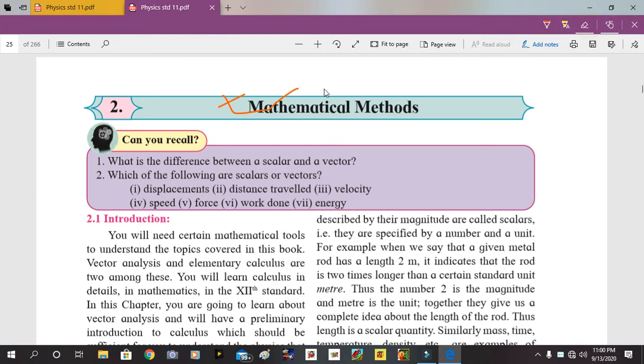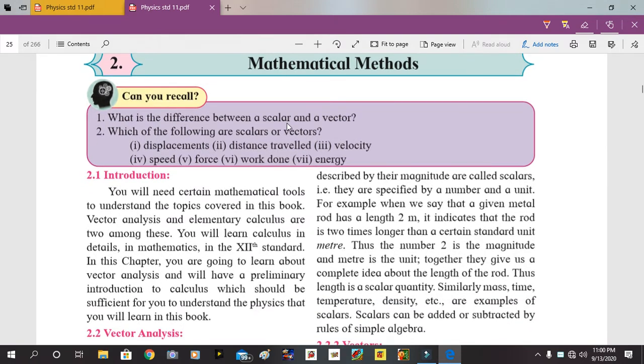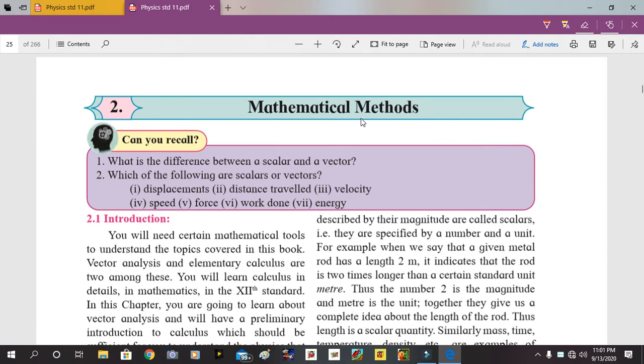So, when we discuss what is physics, then we say that it is the study, analysis, and mathematical argument represented in a proper manner. Then we consider it as what? Physics. So, mathematics is one of the most important parts when we deal with physics. So, in this lesson, we are going to learn about mathematical methods.